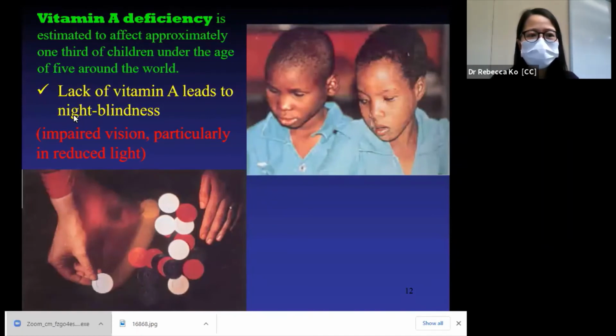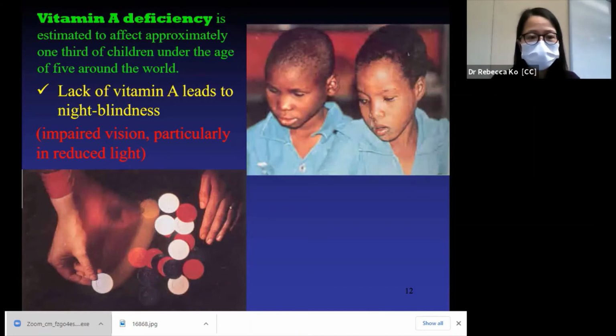Highlight this, night blindness. That means during the nighttime you can't see things clearly, with impaired vision, particularly in reduced light. And that's a problem, right? In a dark environment, if vitamin A intake is not good enough,